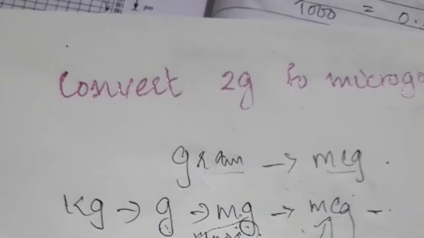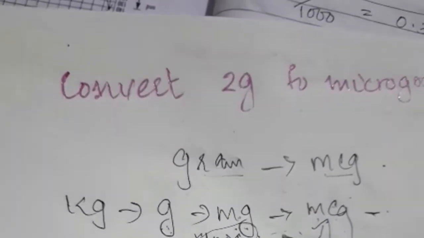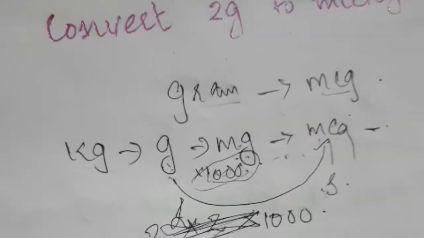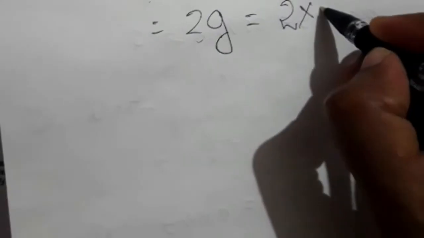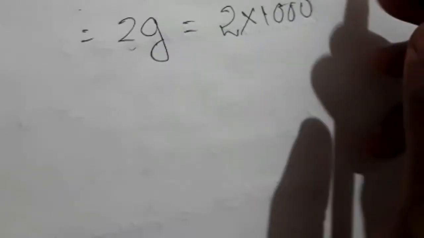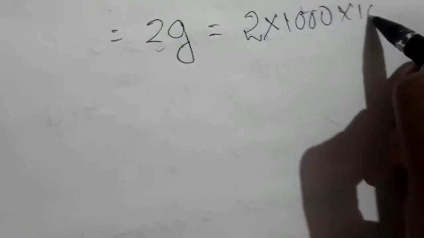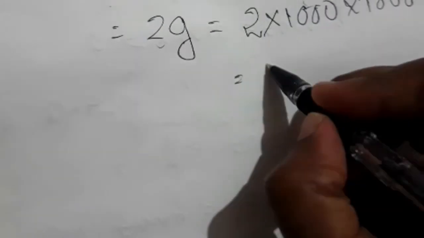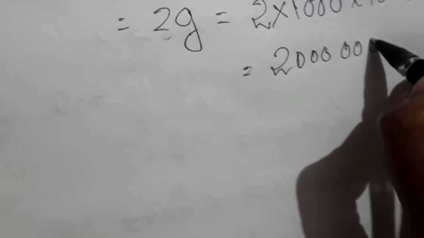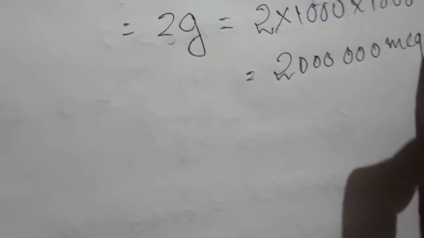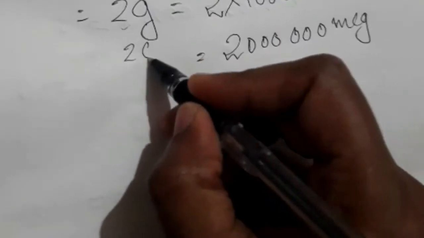That is, gram to microgram means 2 times we need to multiply by 1000. So for 2 gram, we multiply 2 into 1000 one time, and the second time, one more 1000, and this will be the answer. 2 gram is equal to